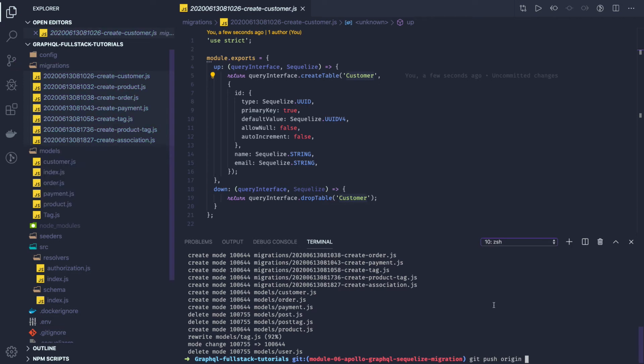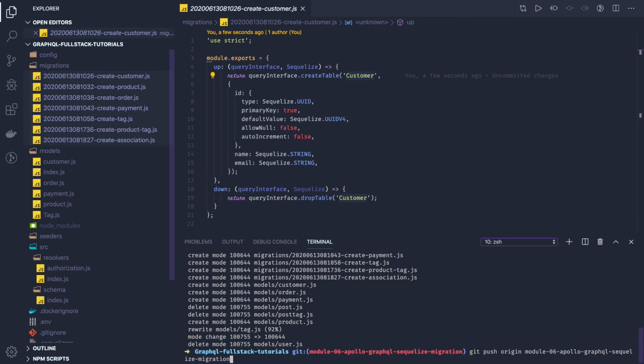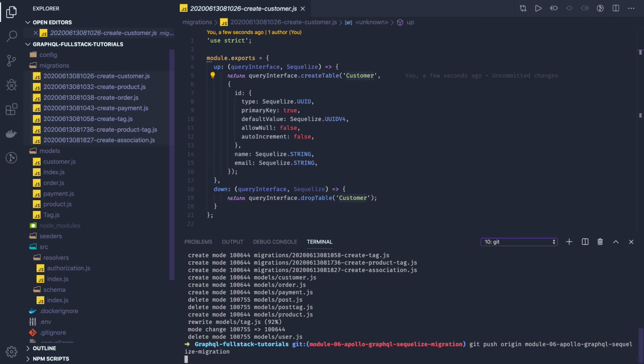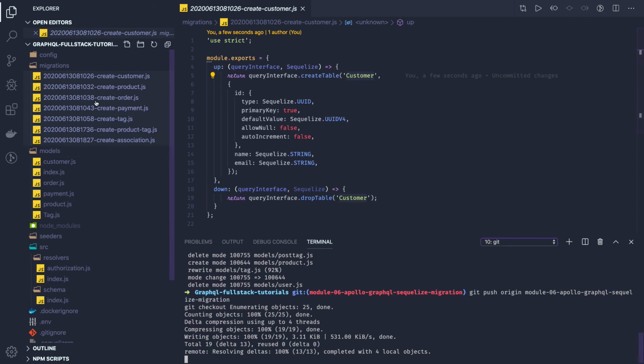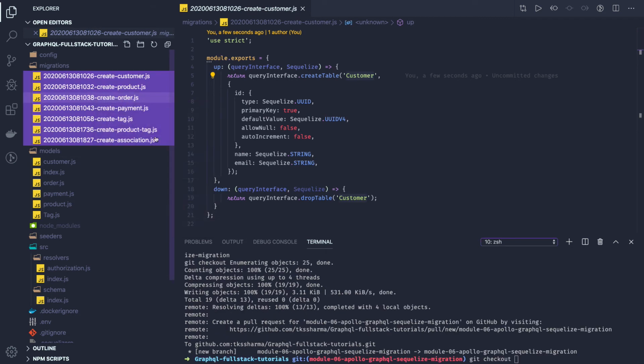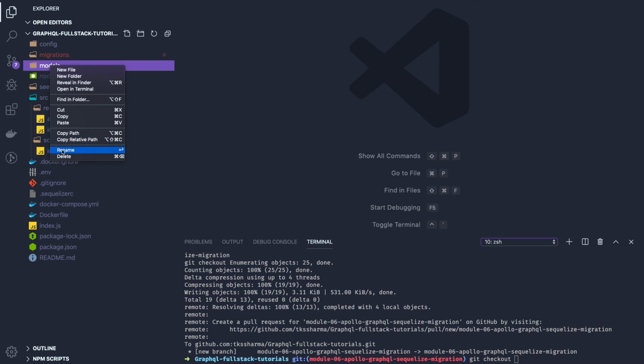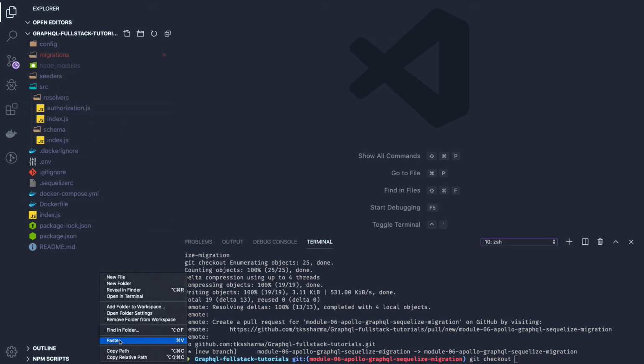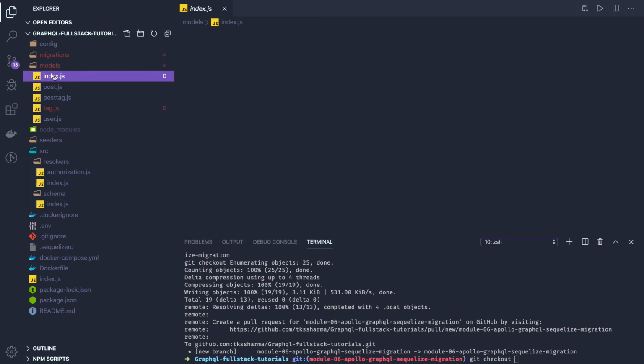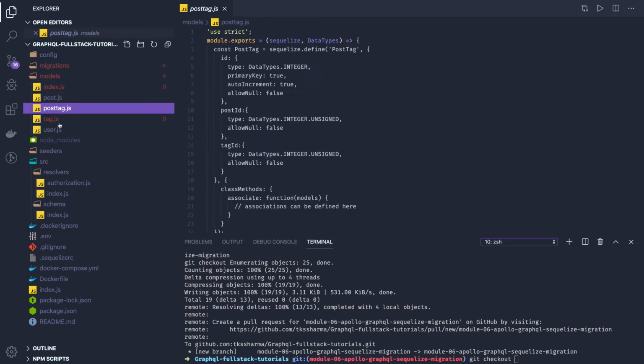Okay, now what we are going to do is we will revert back these changes to our old one because here we are going to write a Blogger application. Okay, so in that Blogger application, let's remove these migrations. We don't need them, and we'll use our old models, like we have post, tags and all. So I will just remove it temporarily. Yeah, reverting our old models, we have post, tag, tags, and user.